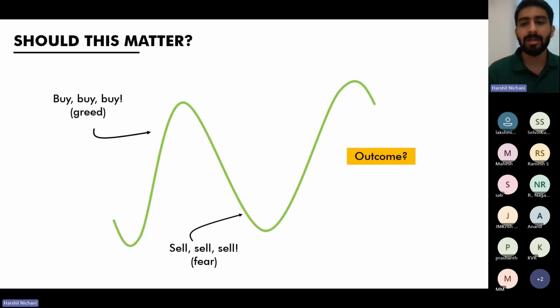There's so much optimism that comes in. There's no scope for error, and when there's no scope for error is when there is the highest chance of error. And usually the flip happens, right? When things do not go in your favor, when things don't go in the market's favor, when things start to look extremely pessimistic,